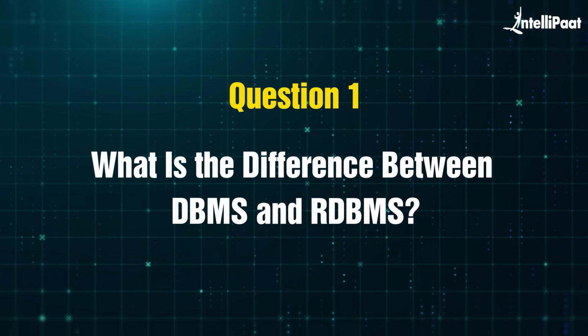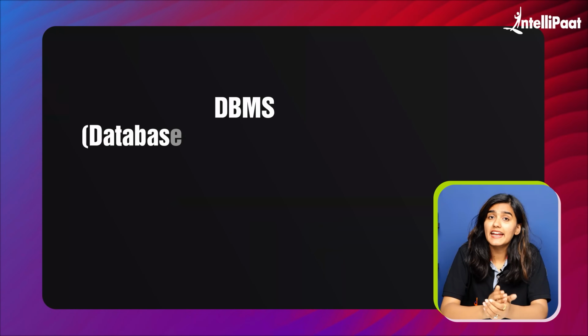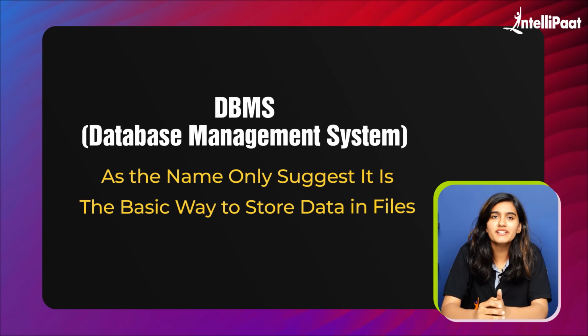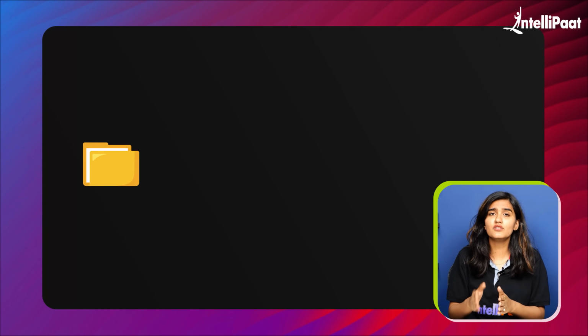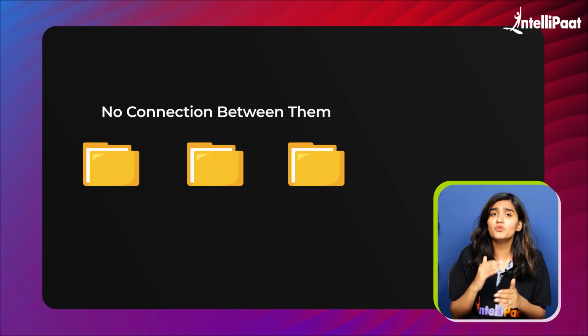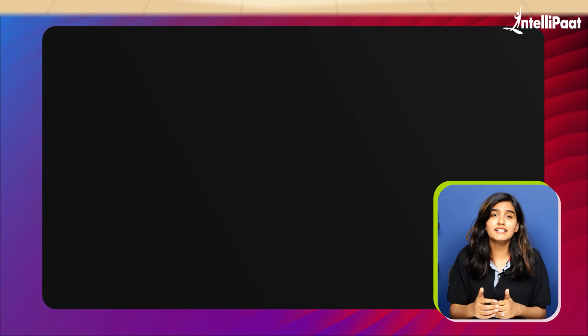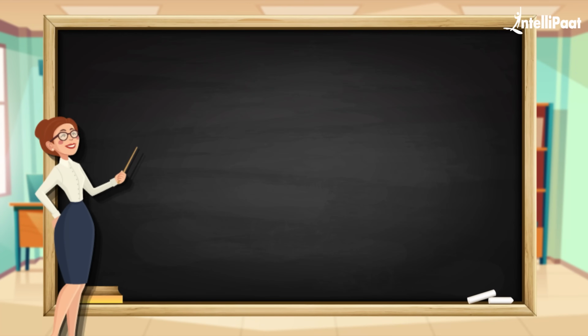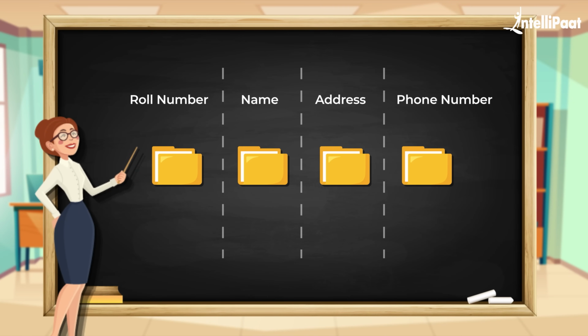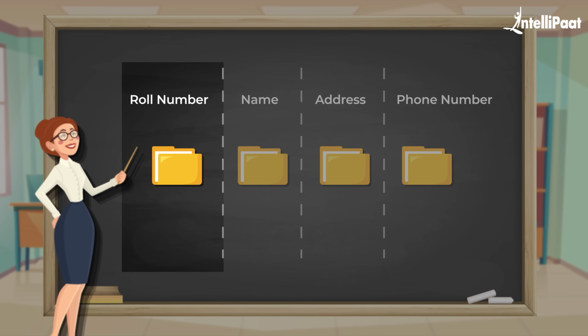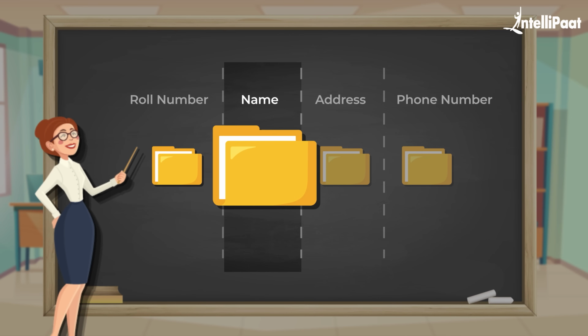So starting off with the very first question, which is: what is the difference between DBMS and RDBMS? Firstly, talking about DBMS, which is Database Management System, as the name suggests, it is the basic way to store data in files. Data here is stored in the form of individual files with no connection between them. For example, consider you are in a class and the teacher is storing your information like roll number, name, address, phone number into separate files, and there is no linkage. And to search for a specific student, you have to look through each file one by one, which becomes very tedious